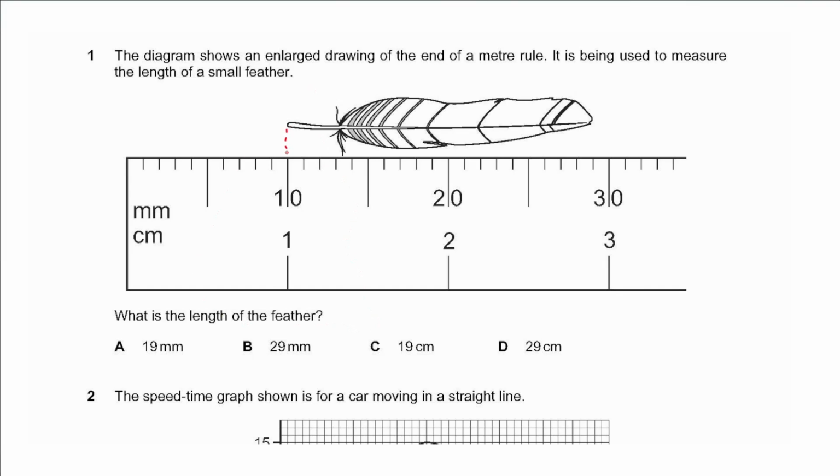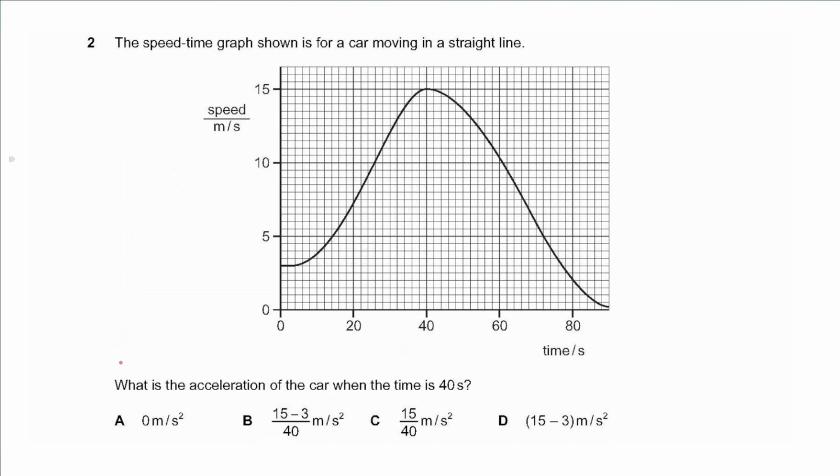The start here is at 10 and the end is at 29. So 29 minus 10, that gives us 19. But the numbers on the top are in millimeters, so that is 19 millimeters, not 19 centimeters. So we choose A. Question 2 says the speed time graph shown is for a car moving in a straight